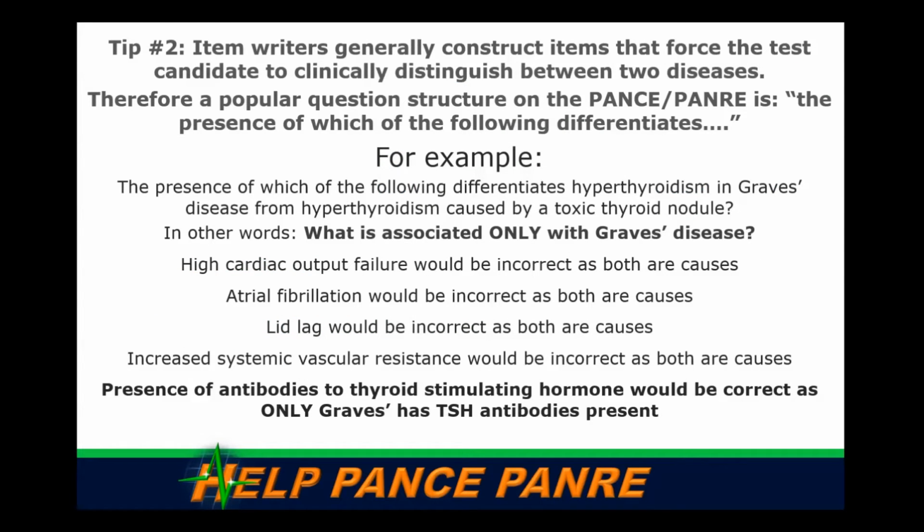Remember that they're looking to force you to decide between two different things. So a lot of times there's a lot of contrast and compare in this test. There's a lot of, hey, what's the difference between these two? And a lot of times it's a subtle difference. So for example here,